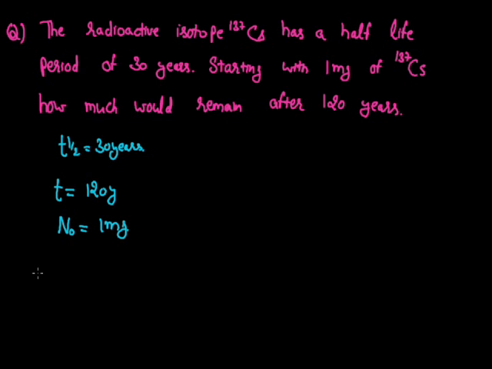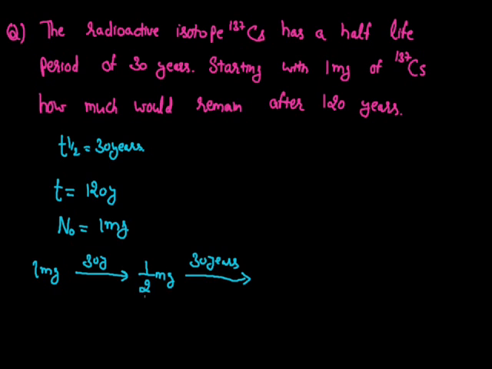Now, as we know, if the initial amount is 1 milligram, then within a time period of 30 years, that is the half-life period of this radioactive substance, it will reduce to half, and the left amount will be half a milligram. If this radioactive substance further goes through radioactive disintegration, then within